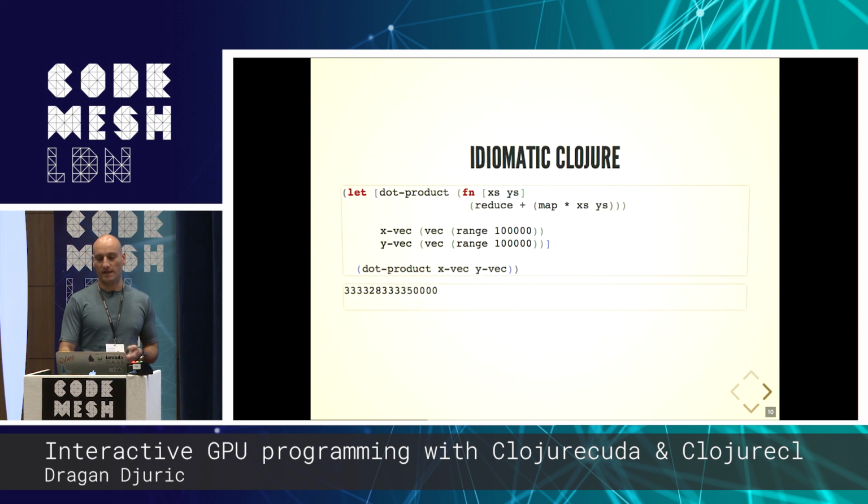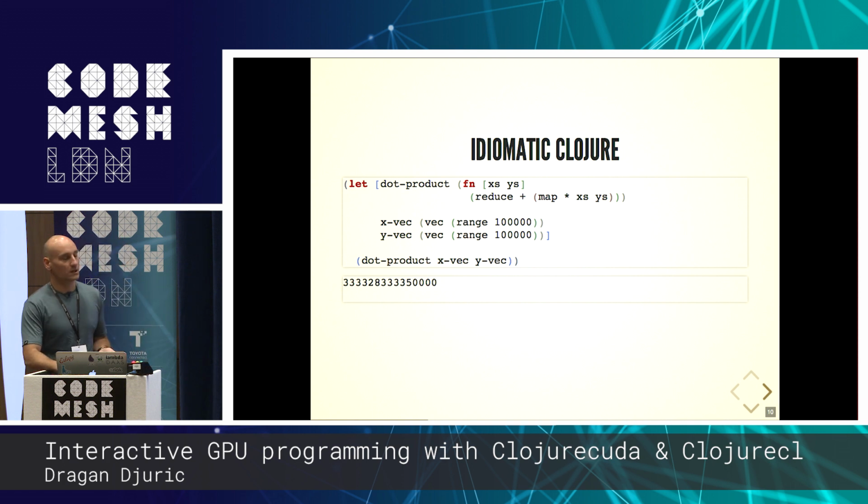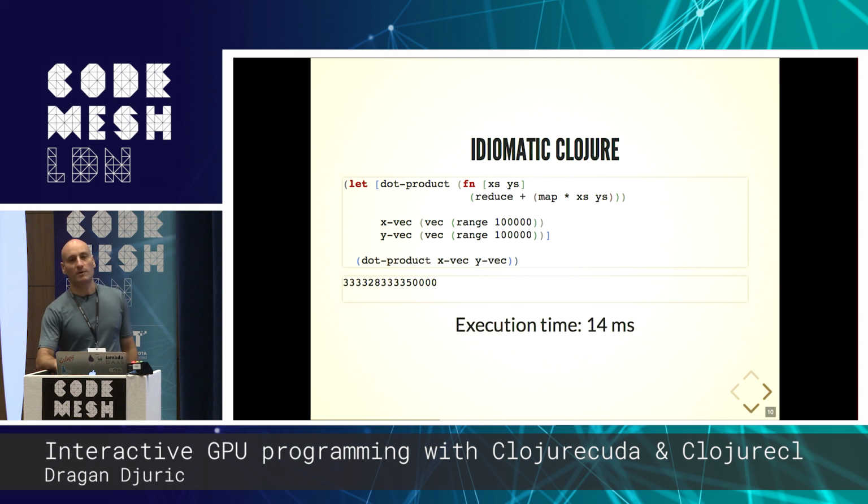So in idiomatic Clojure, this would be the code. So you see the function is implemented with one line of code, and then used like an ordinary function call. Here is the result, which is not really important, but what is important is that on my desktop, which is maybe 4 years old, it takes 14 milliseconds to compute a dot product of two vectors of 100,000 elements. So it's not that much data, but it's not a small vector either. So 14 milliseconds. It seems fast,